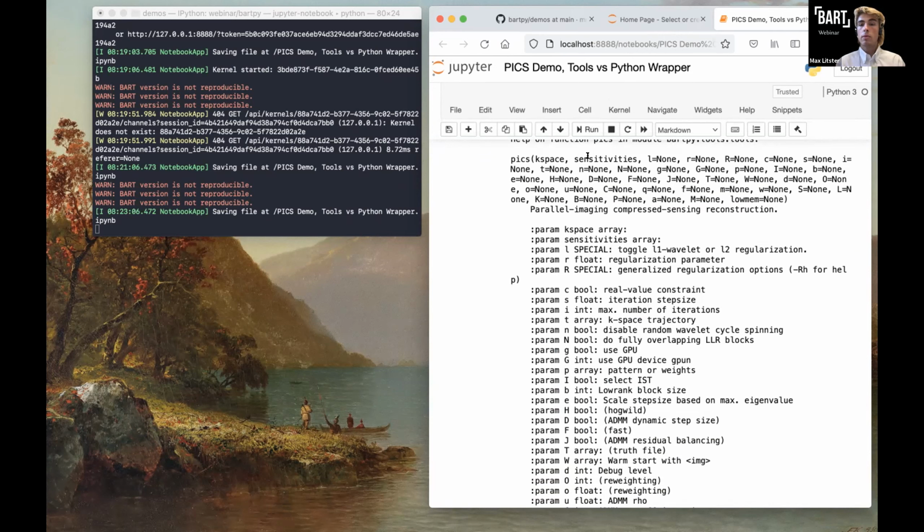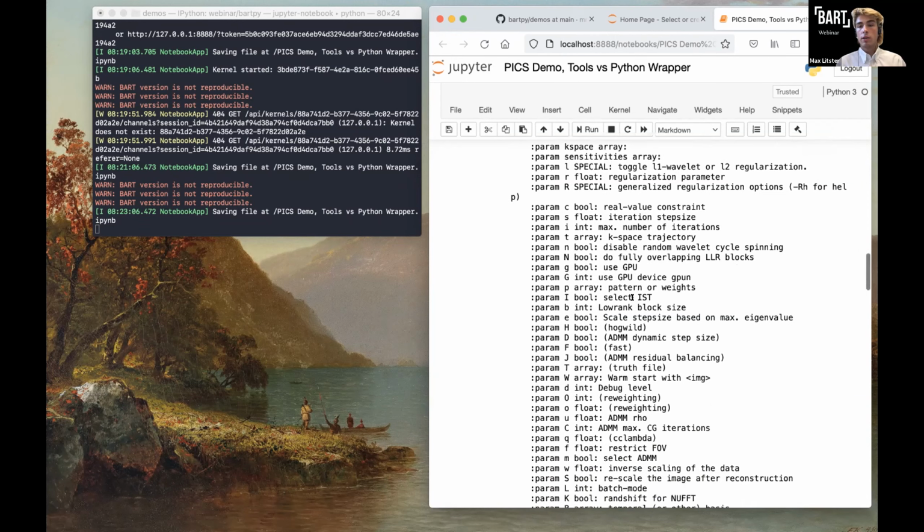And then each command line flag is now specified as a keyword argument in Python. Additionally, for some of these flags, which may have a single letter name, we've parsed out the docstring to give some further documentation as to what these flags do,